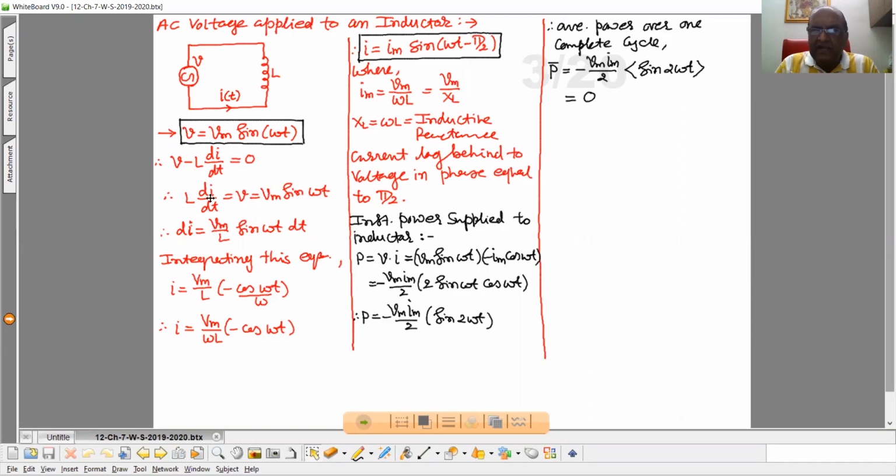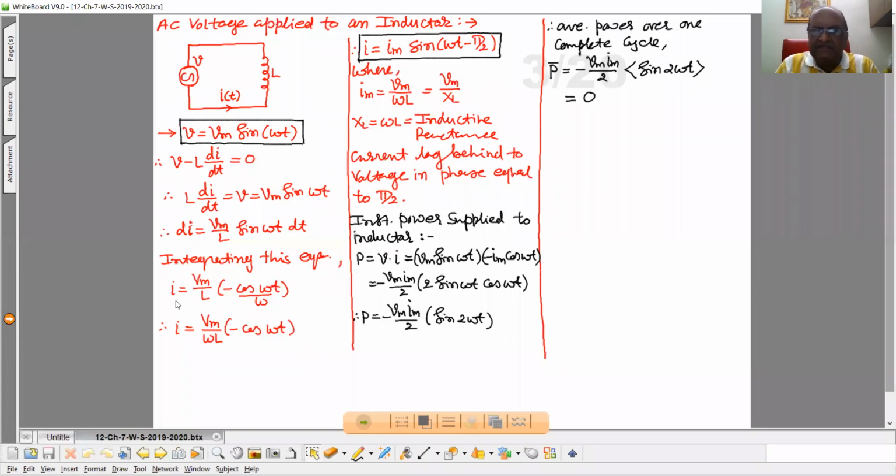Therefore, L di by dt is V, and that is Vm sine omega t. So we can write di equal to Vm by L sine omega t dt, where this dt is taken on this side. Now if we integrate this equation,